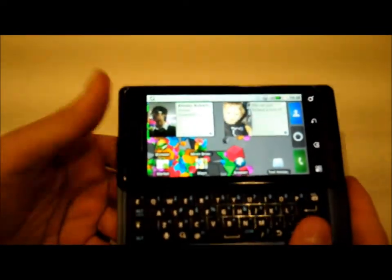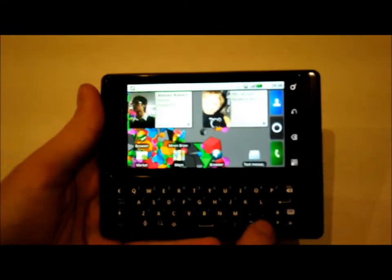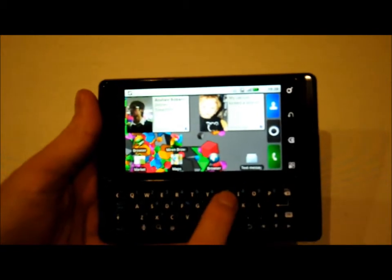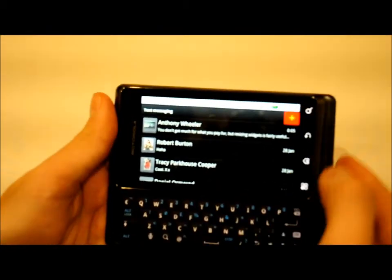It's an improvement on the original Milestone because they've got rid of the big 4-way D-pad they had here and just got 4 arrow keys now instead. So they've got more room for each key. So it's a big improvement, and I can type really fast on it. Well, as fast as I can anyway. If I type here,